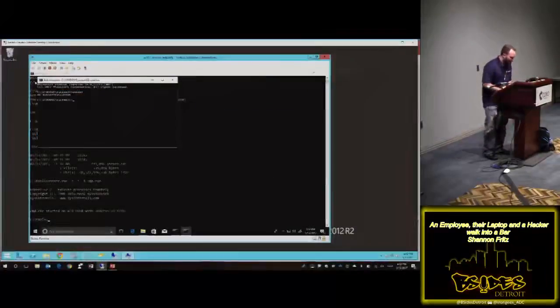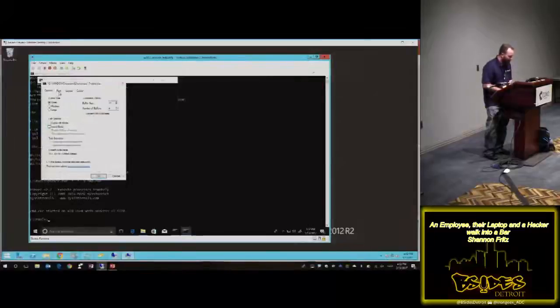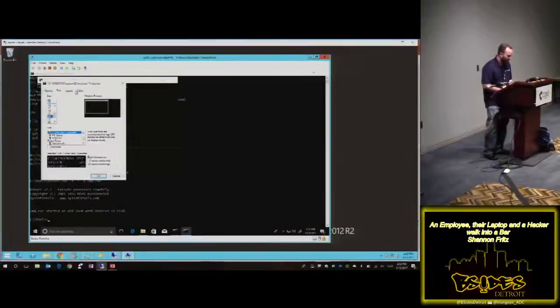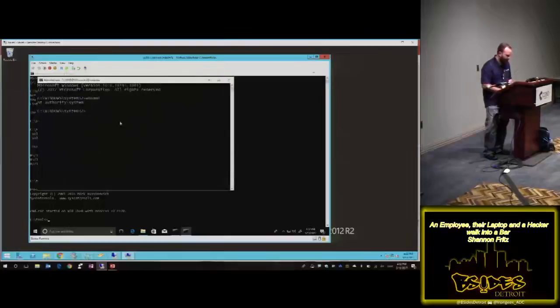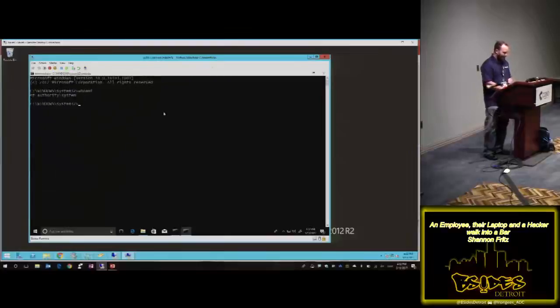Let's make this a little bigger so you can see this as well. Go to properties and change that here. And we'll make this scroll back a little bit bigger. Okay. Now, if I go back to our tools directory,